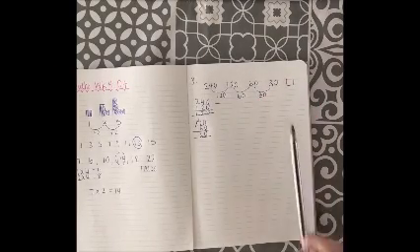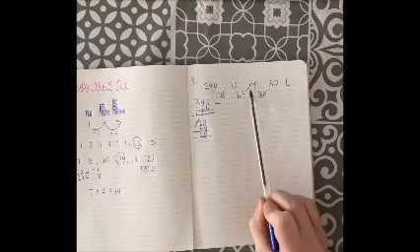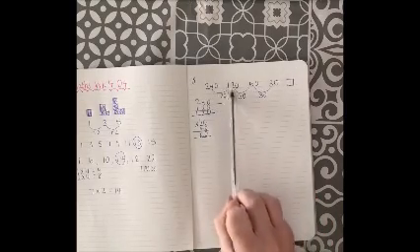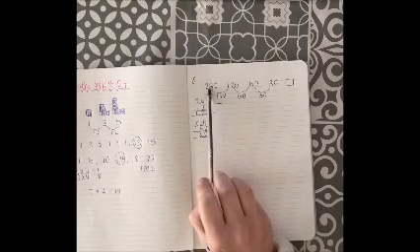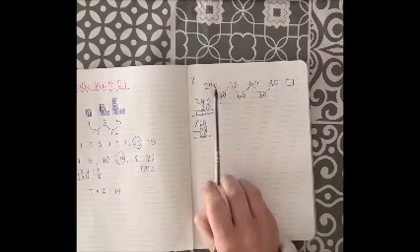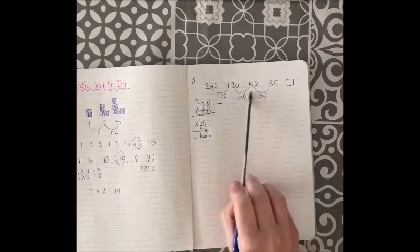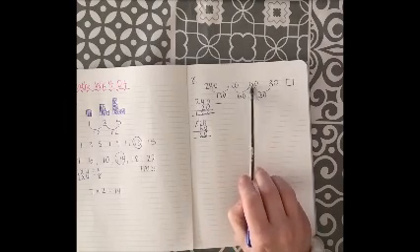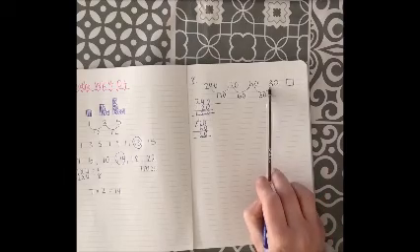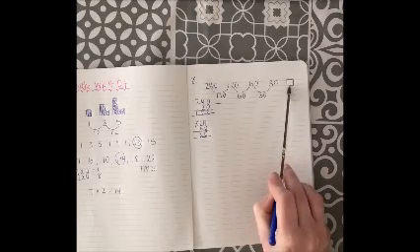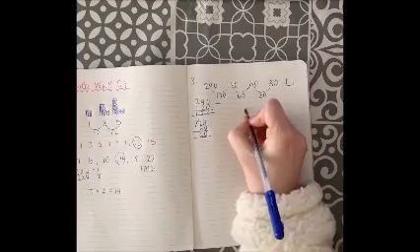As you can see, the difference each time, if we move down the sequence, is halving. We've halved 240 to get 120, we've halved 120 to get 60, and then we've halved 60 to get 30. So all we need to do to find the next number is halve again. So half of 30, 30 divided by 2,